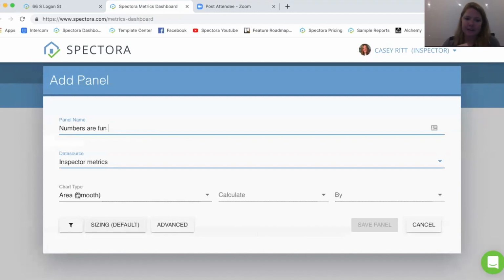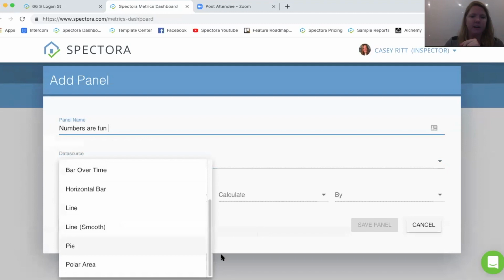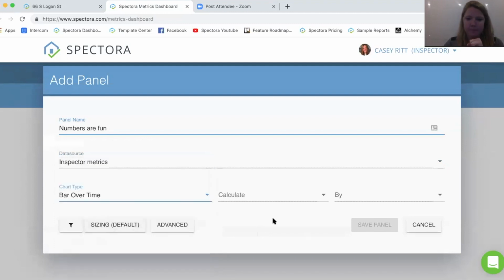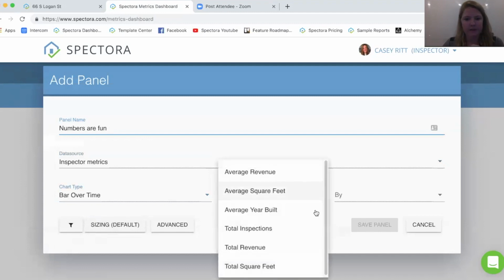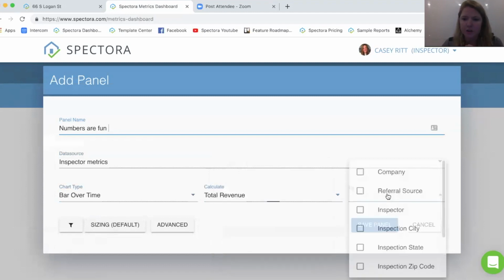You can then choose which chart type you would like. Area, bar, bar over time, horizontal, line, pie, polar area, all these crazy things. If we go bar over time, how are we going to calculate it? I would like to look at my inspector's total revenue. And then I'm going to sort it by,